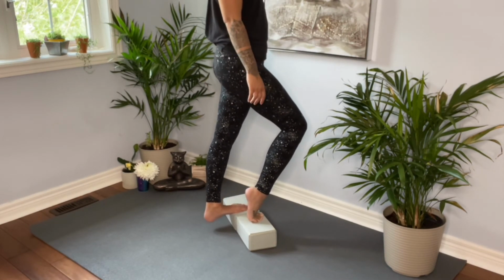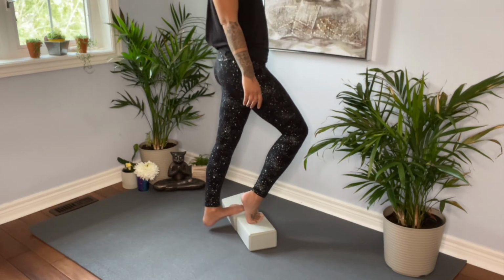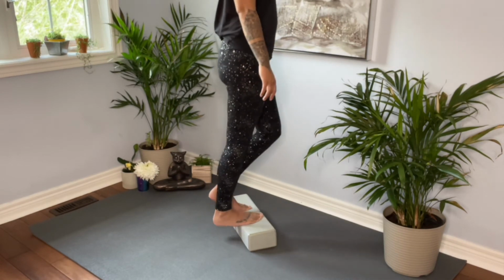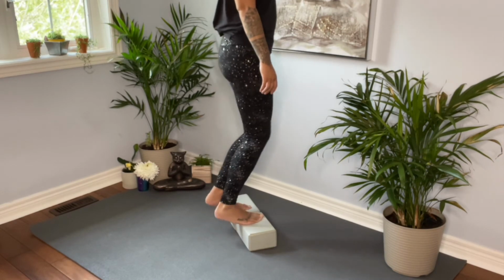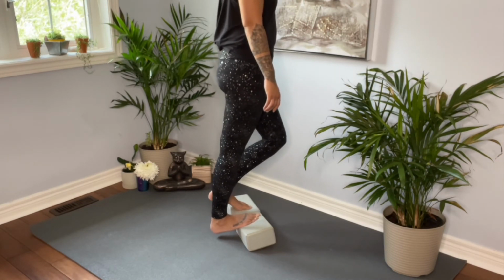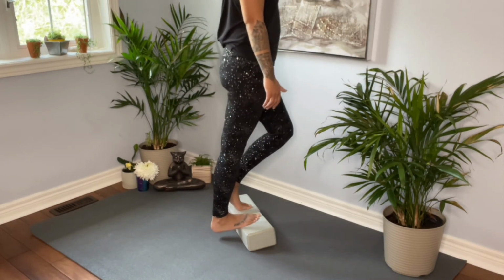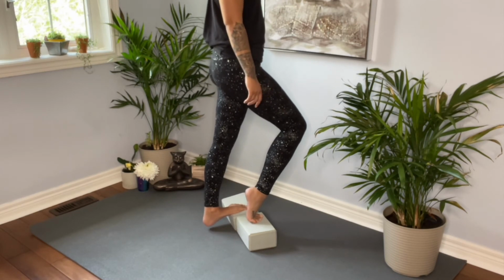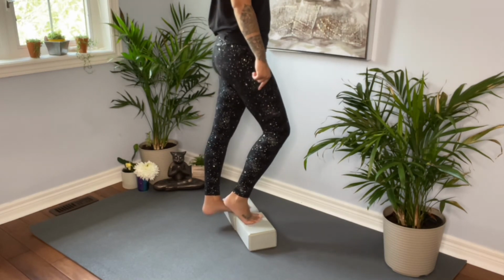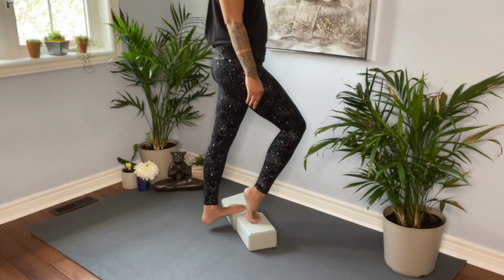So dropping the left heel down off of the stair. Good. And coming back up. And I like to kind of pedal my feet here through it just to warm up, because I like this stretch for my calves the best, just because I can control really easily how I'm pressing in, how slow, how hard I'm pressing into it, and I can pedal them and warm them up before I go into a nice deep stretch,